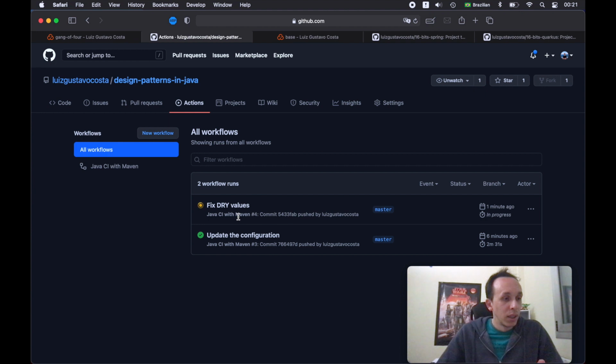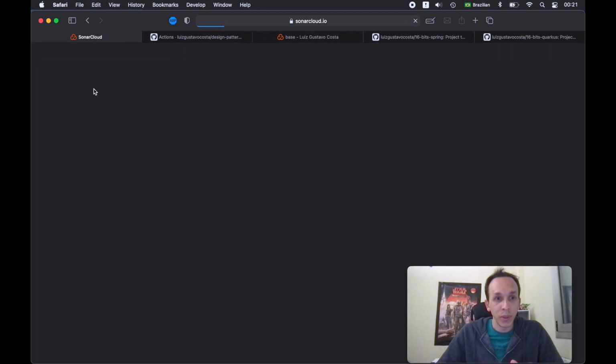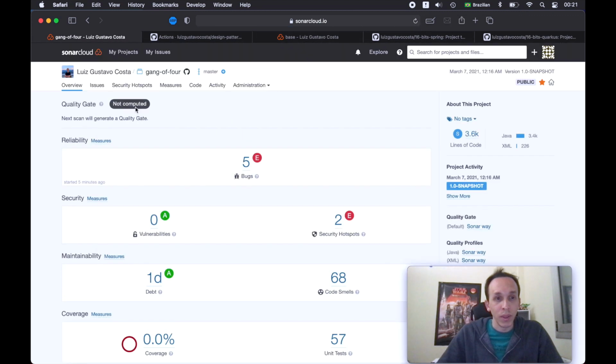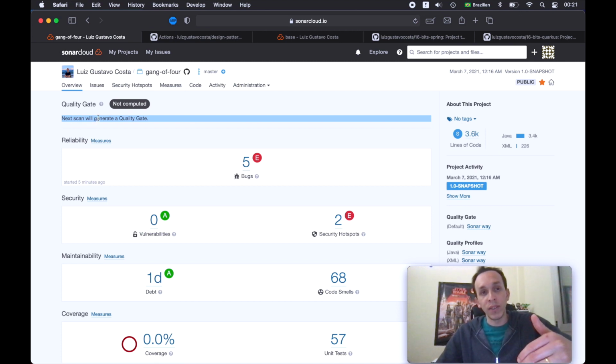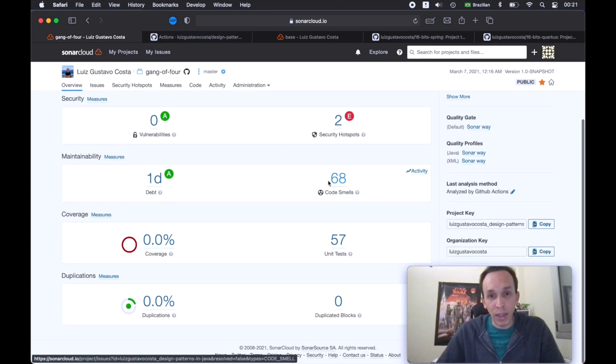Okay, passing this, let's see the computing. Okay, now it's not computing because the next scan comes after this code. Regarding the code smells, let's keep in mind this number, 68. This number should now be